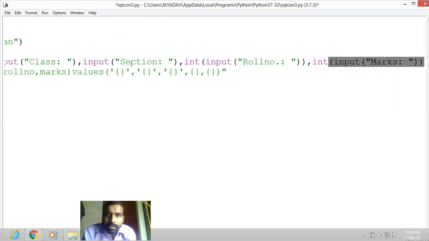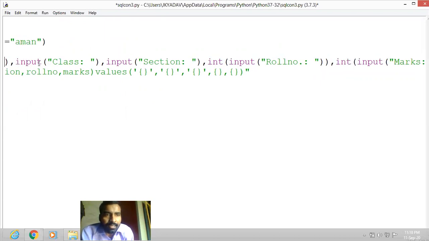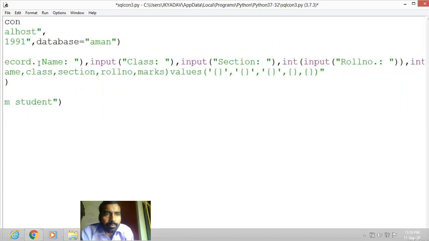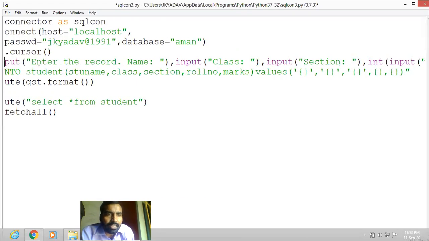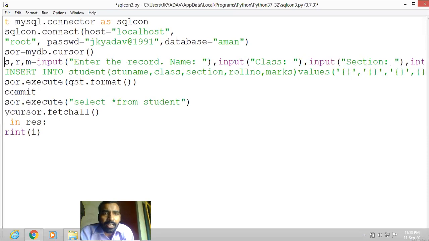Then finally close it. Now all the inputs have been given: integer input marks, integer input roll number, input section, input class, then input name, and finally in the beginning the message, Enter the record.